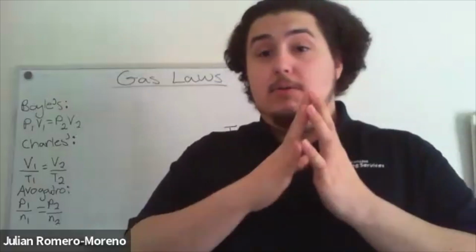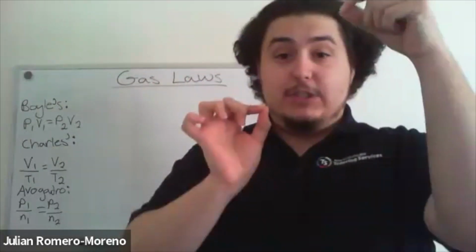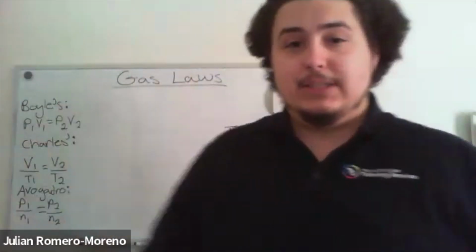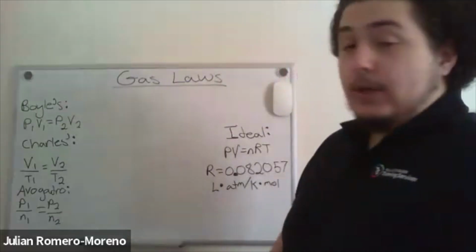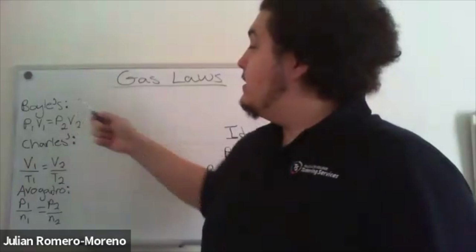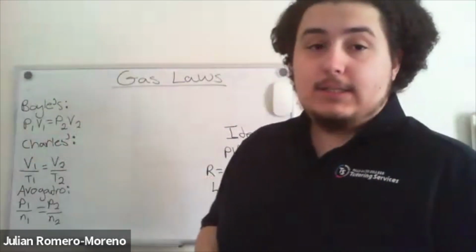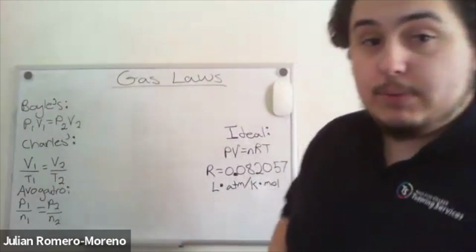However, real gases are not perfectly elastic because they do have some small amount of attractive force and will interact rather than perfectly bouncing off each other. But we can dream. So when we have this perfect scenario, Boyle's law tells us that pressure and volume are inversely proportional to each